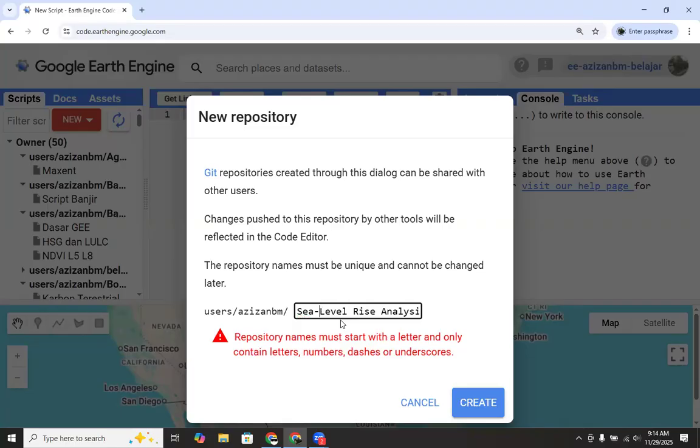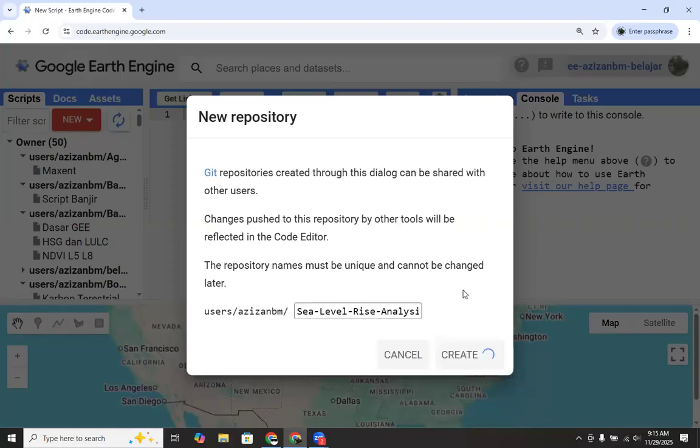But you can use a dash or an underscore. After you change the space to a dash, you can create the repository.